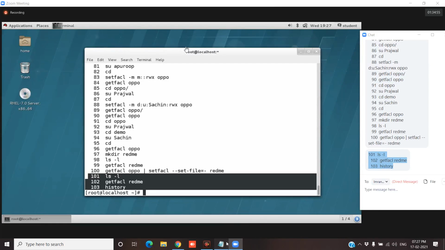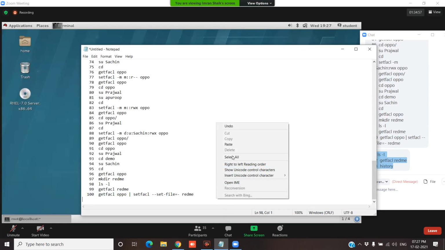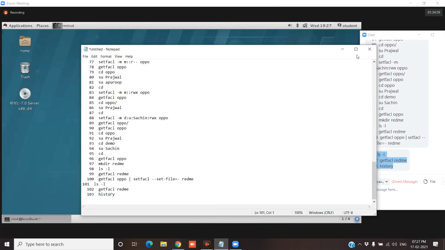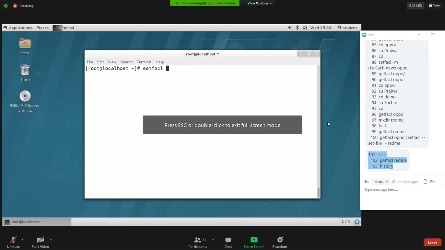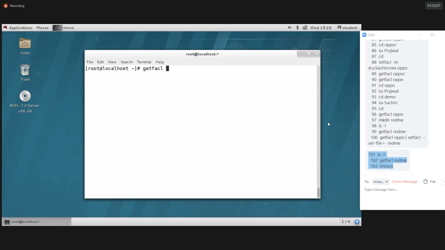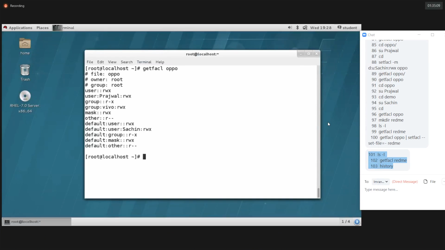So now let's see how to remove the ACLs from a particular directory. Okay, it's very simple. setfacl. First of all, check the ACL permission for Oppo. To remove, setfacl hyphen x, guys. First we'll see x and then later b.